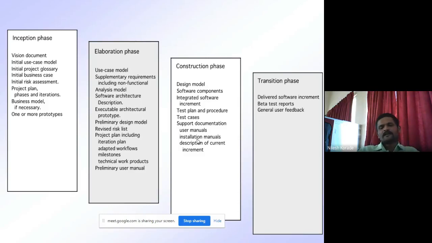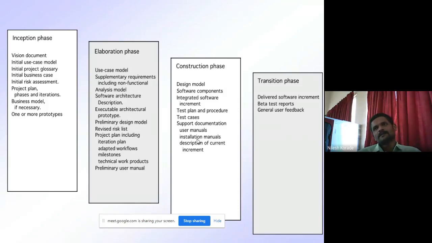So here we are delivering not only source code, we are also delivering supporting documents, the user manual or installation procedure manual, to our customer. So your construction phase doesn't contain only writing source code; it also contains writing test cases to test your software project and designing the user manual or the installation procedure manual.